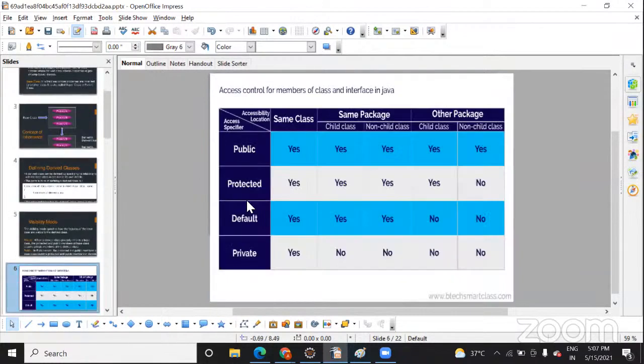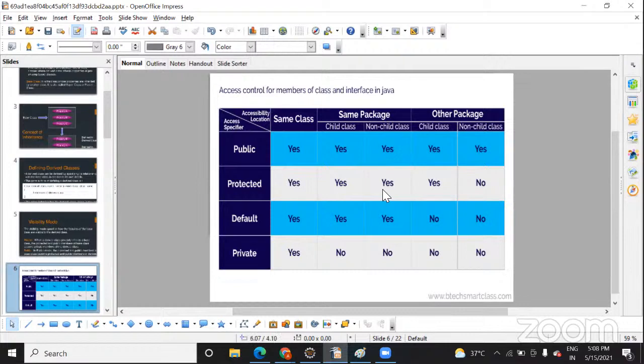Now for example this one, right? I have already explained this. When your class is public, then it is accessible within the same class, inside the package, and to others. In protected also, it is accessible within the same class and within the same package.